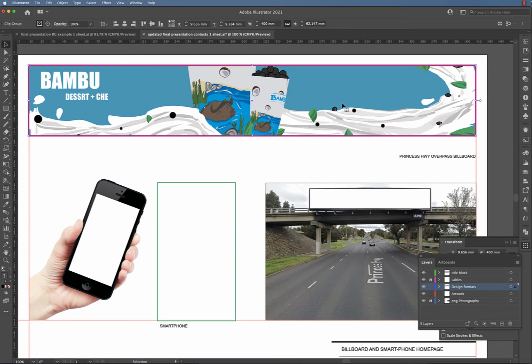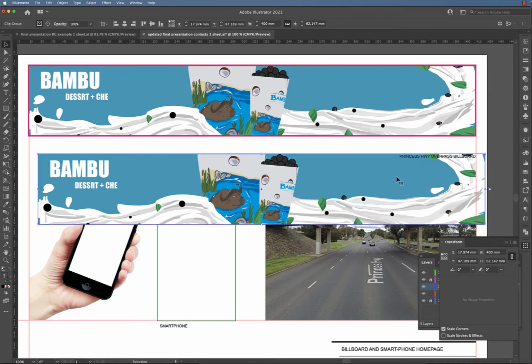So the length of this rectangle artwork is 400 millimeters. If you go to the transform tool, it will give you that dimension as 400. We have to reduce that now to 107. So we do a copy, Command C, Command V, and we want to reduce the size of that artwork down to 107. Now make sure you have the link on in the transform tool. The link must be on because we're going to change the size proportionally in height and width. So just type in the width box 107,